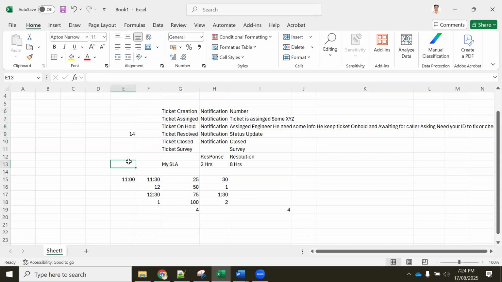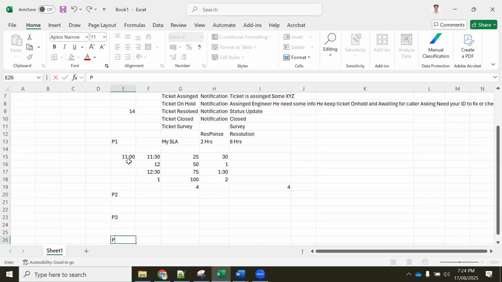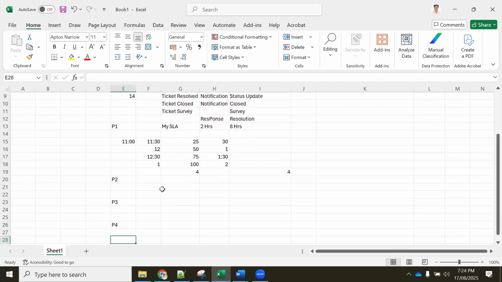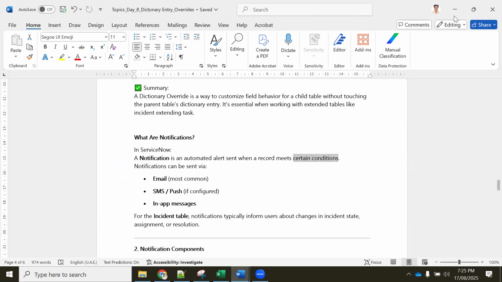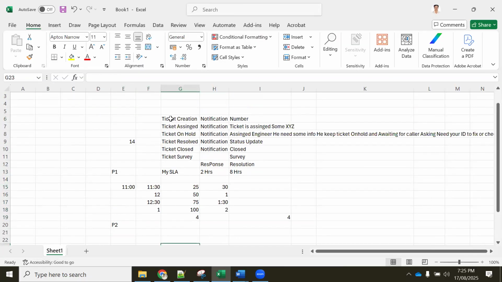So this is my P1 SLA, guys. Correct? What about P2? What about P3? In case you have P4, correct? You cannot always send these notifications to users, so this will be based on criteria. Here we are discussing certain conditions. The condition we are mentioning: if the ticket is 25% breached, and if it is a P1 ticket,